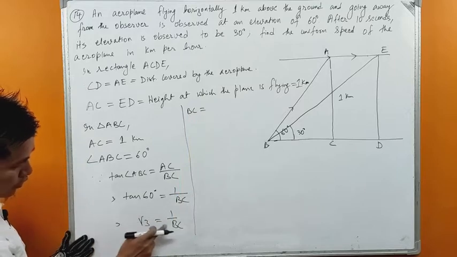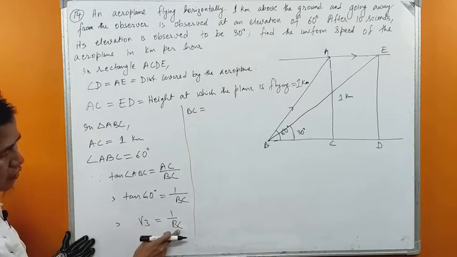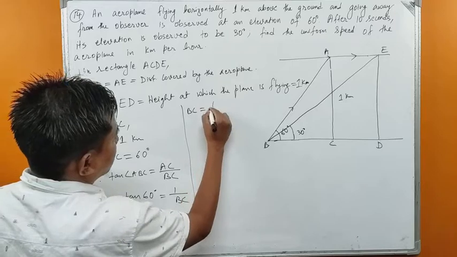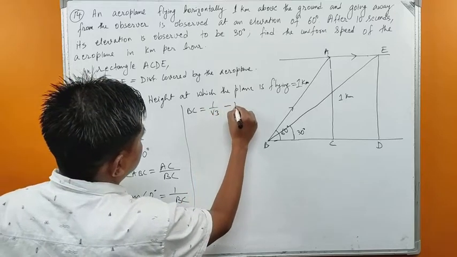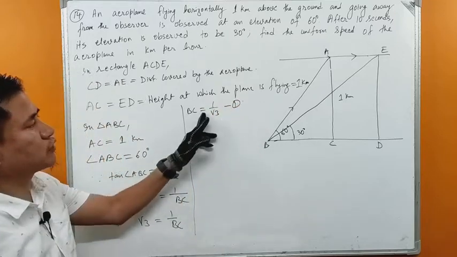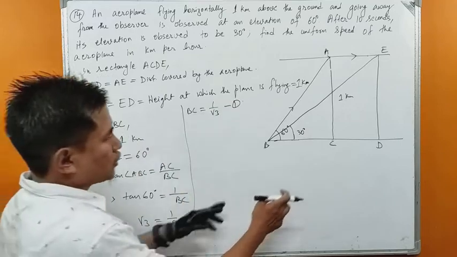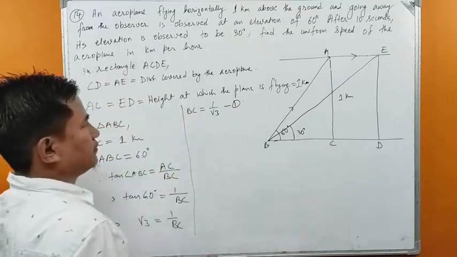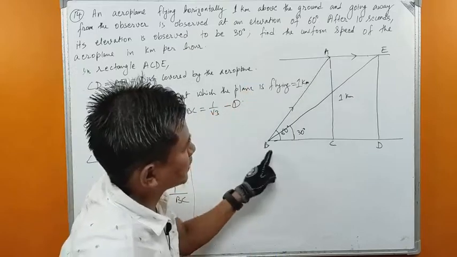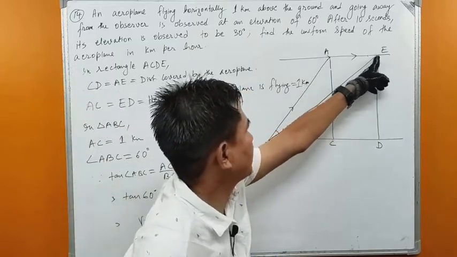BC equals, root 3 goes down to the denominator, isn't it? By cross multiplication, BC equals 1 upon root 3. This is equation 1. So we found BC from this triangle ABC. Now we see the triangle